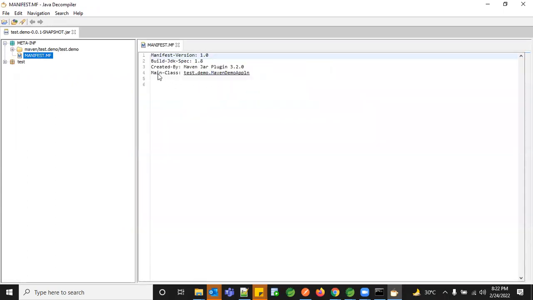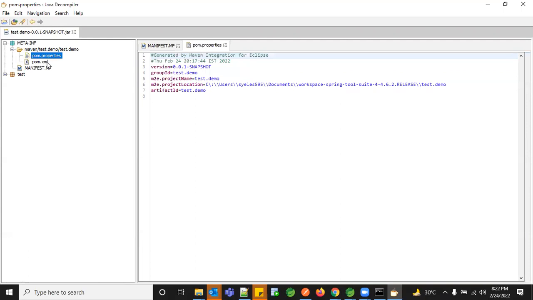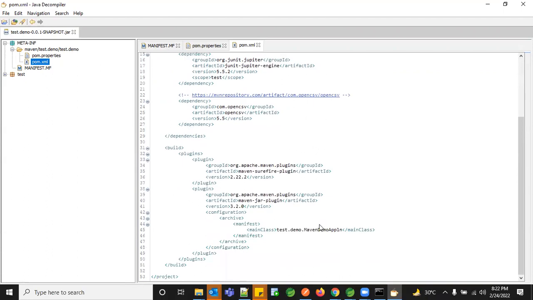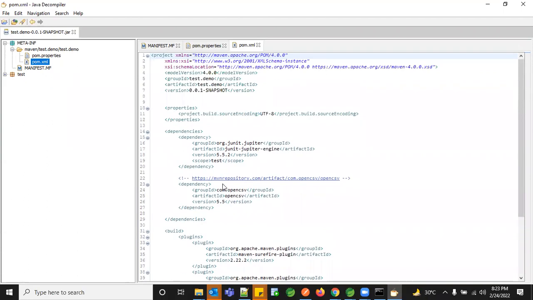In this manifest, we have given the information, the main class, which is like your demo application, which is being created by your Maven jar plugin, under your project 1.8. And this is like the first version of your application. So these are your meta information of your entire jar. And under this, you have again something called POM properties and POM.xml. So under POM.xml, you have the same thing, whatever you have used to build your application, the entire thing is